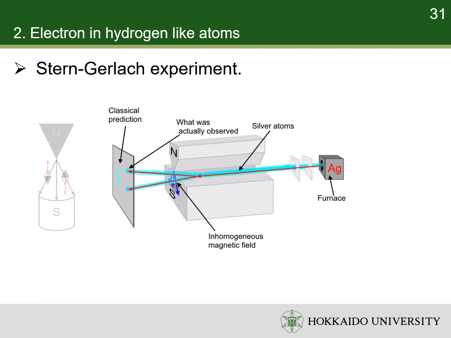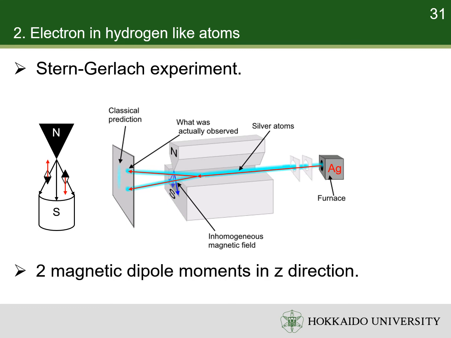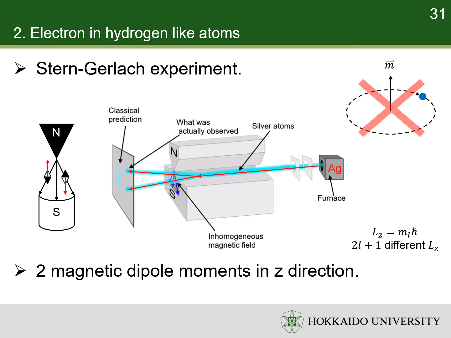We know that magnetic dipoles experience force in an inhomogeneous magnetic field. The Stern-Gerlach experiment suggested that there are two types of silver atoms carrying opposite magnetic dipoles. Orbiting charged particles produce magnetic dipoles, so the magnetic dipoles in silver atoms were considered to be caused by the motion of the electrons in them. However, as shown in the last slide, the orbitals only carry odd numbers of angular momenta. Thus, the two angular momenta from the Stern-Gerlach experiment cannot be explained by the motion of electrons.